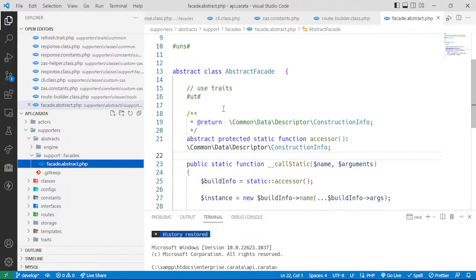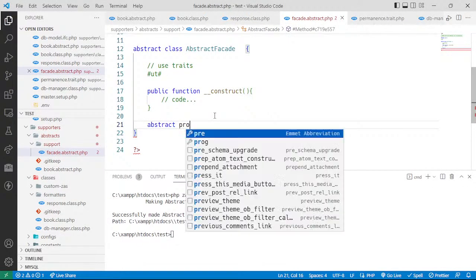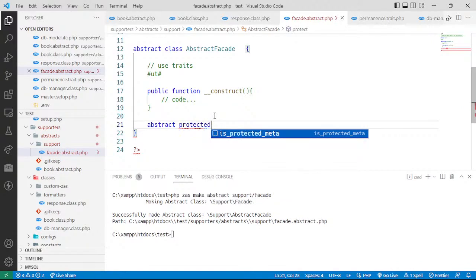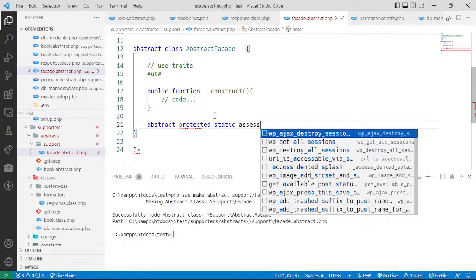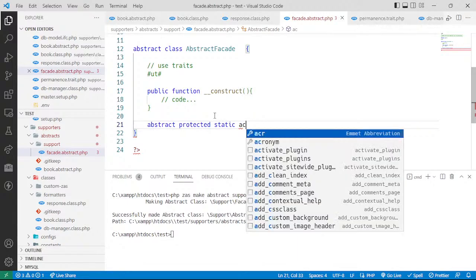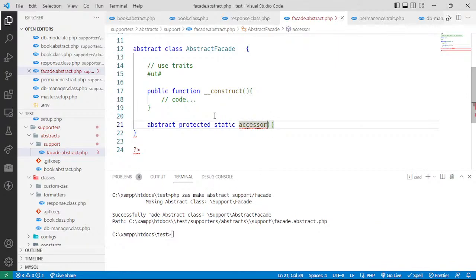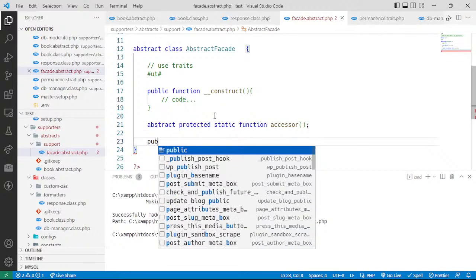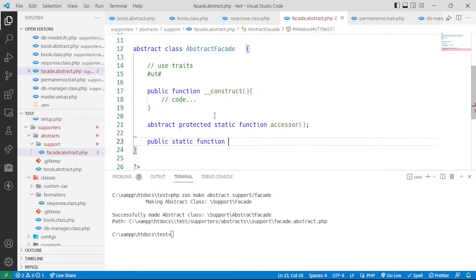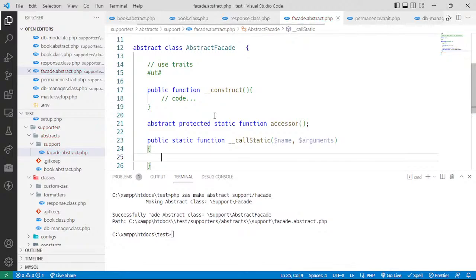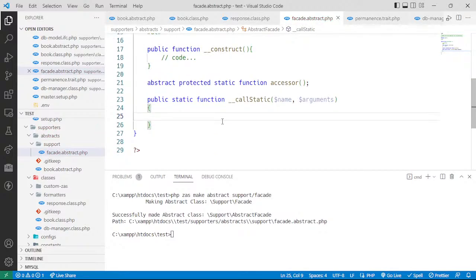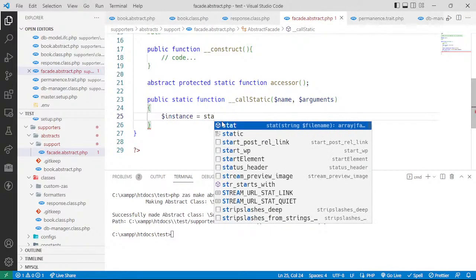So I know that I have an abstract. Yeah, there it is. Good. Abstract, protected, static, accessor. Wait, access, static function. I told you function. I don't know why I always forget about it. Good. And then now we can have the public static function underscore call static. So we already know we're gonna have the name, blah blah blah. So this thing we know that it's gonna be implemented. So we're just gonna say instance, right? Instance is equal to just static